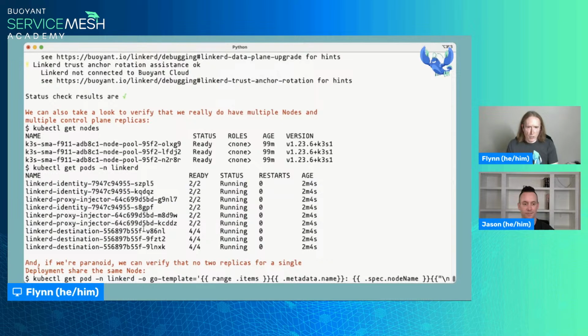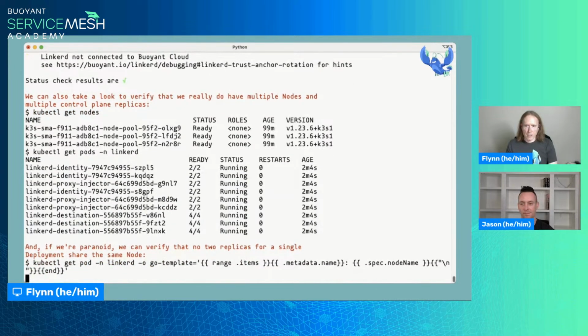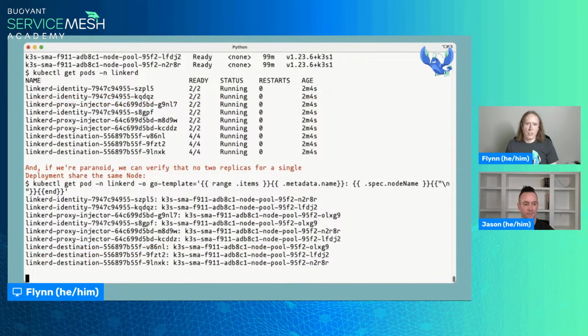And if we're paranoid, we can run this fairly hideous looking thing and have it go through and tell us that, okay, if we look at our destination controllers, all of them show up on different nodes, 1 per node. We can repeat the same thing with the identity and the proxy injector, but I'm not going to bother. So HA mode seems to be doing its thing, which is good.